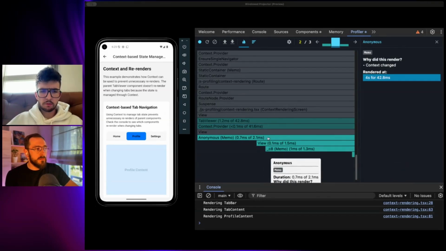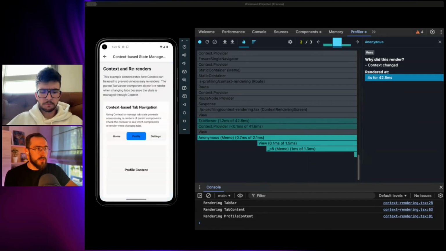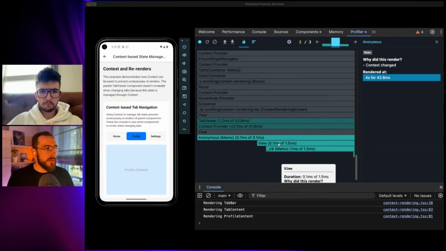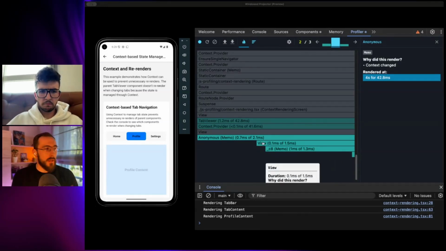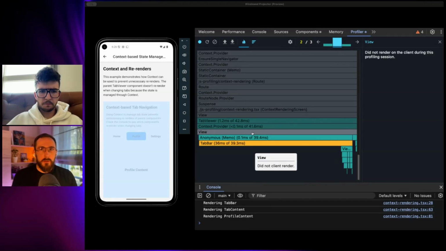So the tab content, which is also dependent on the context value. So that's why context has changed. This component will also be updated. And it doesn't sound like a huge gain because we have only one component not rendering